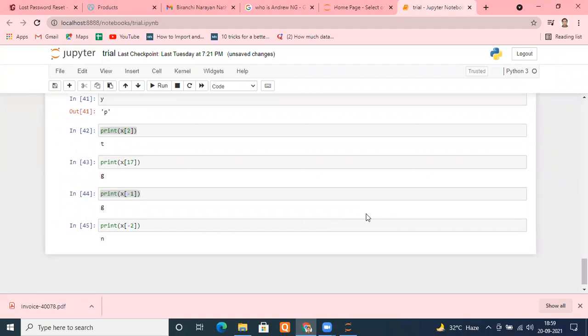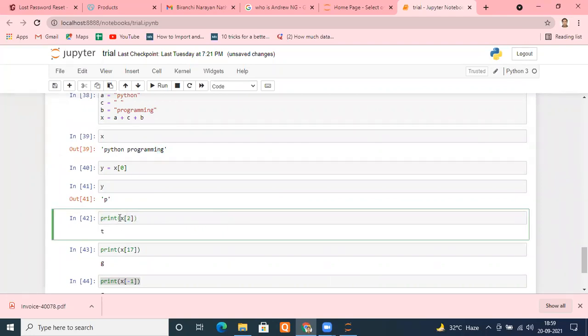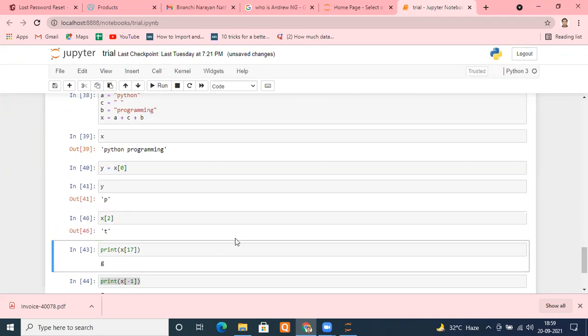Yeah, please tell me. Sir, line number 41 has given us an output as a string, but other lines... Actually, everything is a string. Here we are printing the value directly. If I remove the print statement, see, here I haven't used the print statement. That's why these quotes are coming. If I remove the print statement from X2, it will also show in quotes only. Don't worry. Is it fine? Yes, sir. Okay, great. It is indicating just the value along with the corresponding data type as well. I hope it is clear, right?